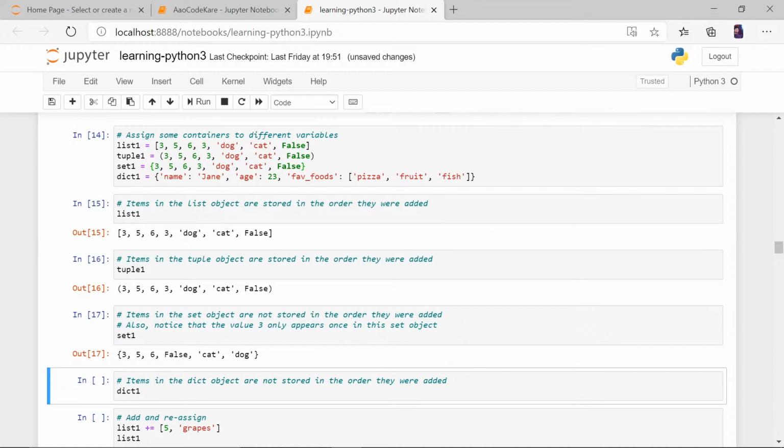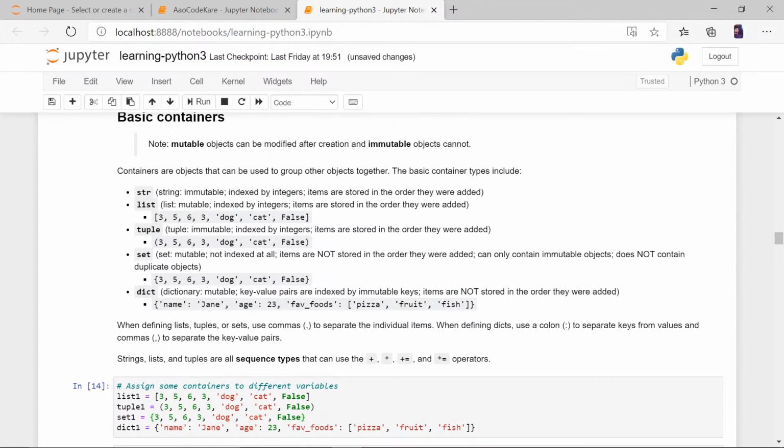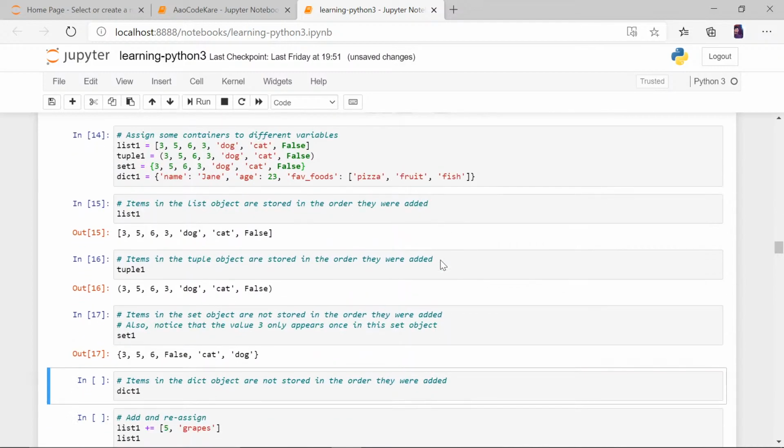Also we had two threes here, but in the set there was only one three, so it removed all the duplicate values. And again, as it says here, it is not indexed all the time and items are not stored in the order they were added. So you should keep this in mind. If you are thinking it will go in the same order, no, it won't happen in the set. You can do it in a list.